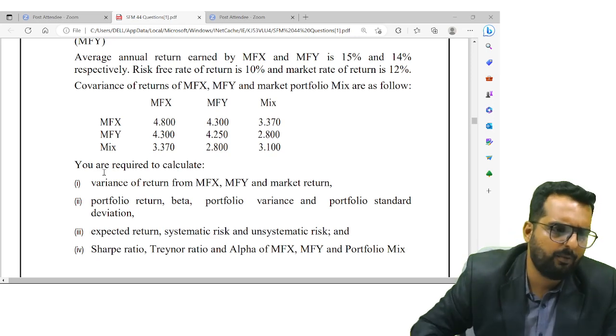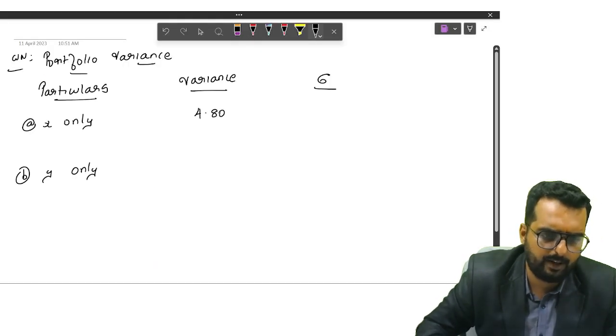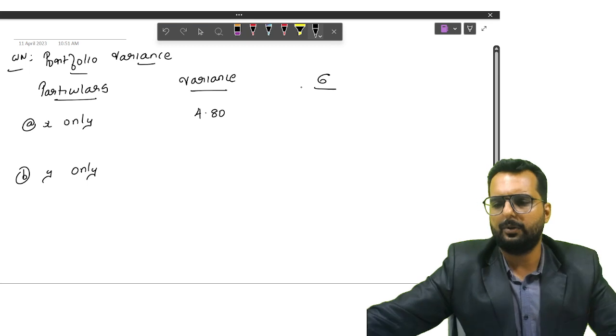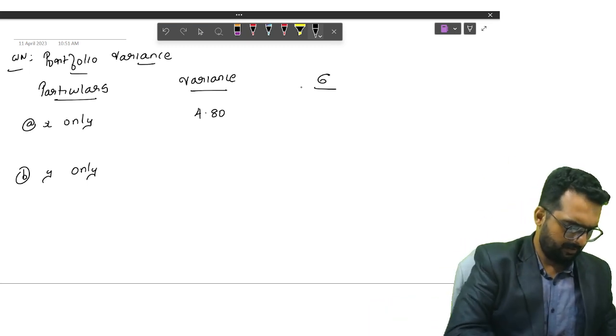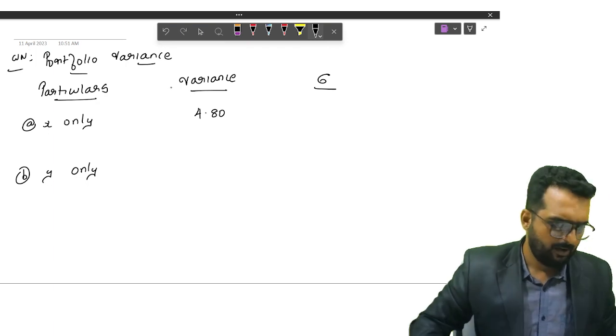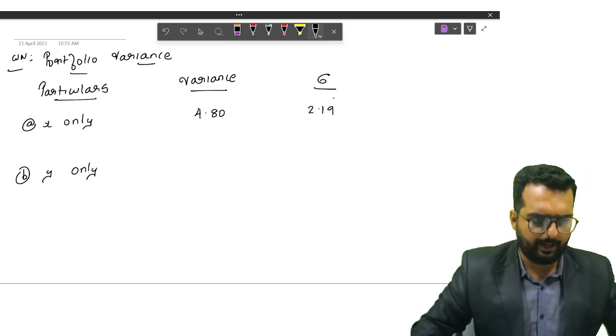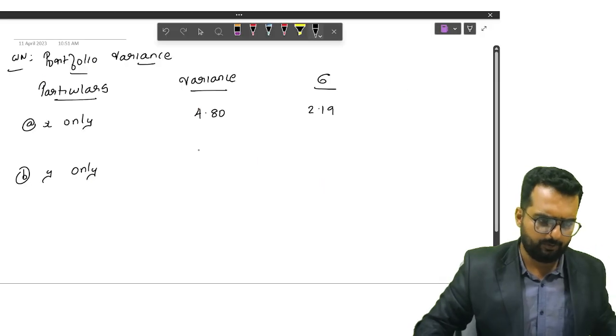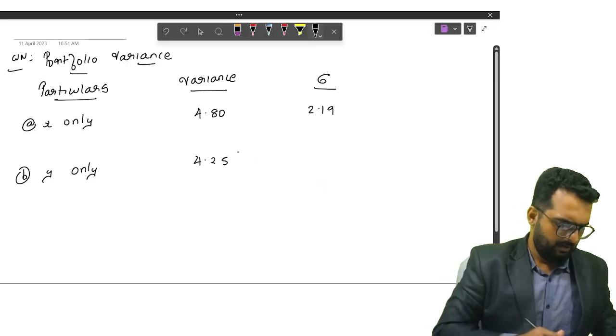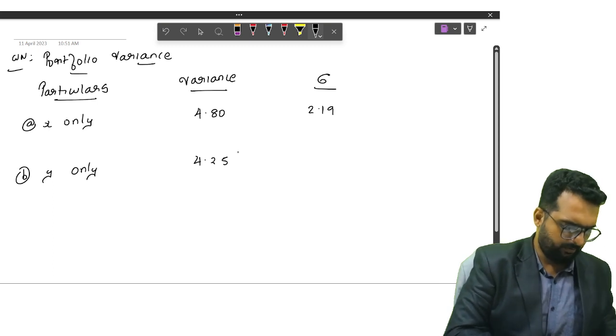X only variance is 4.8. Already we have got the answer. So how much is 4.8 square root? Do you get the answer as 2.19? Okay. What about Y only? 4.25. Of that square root will be